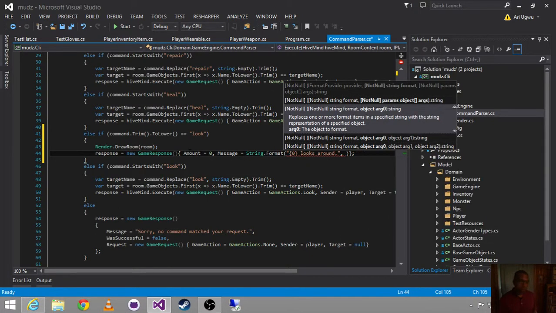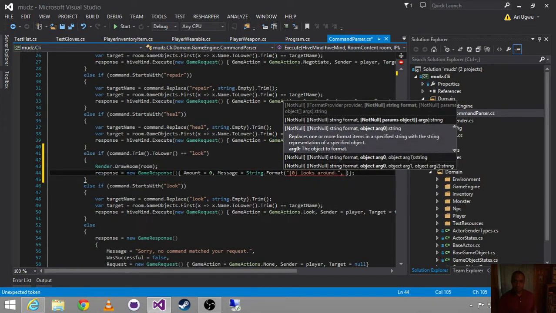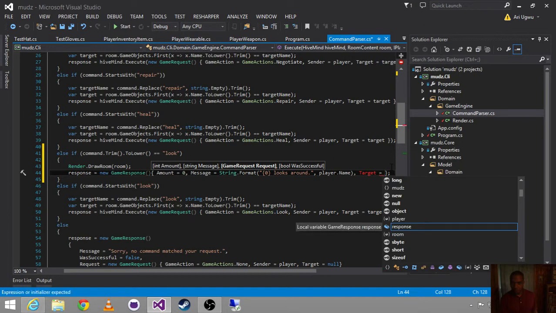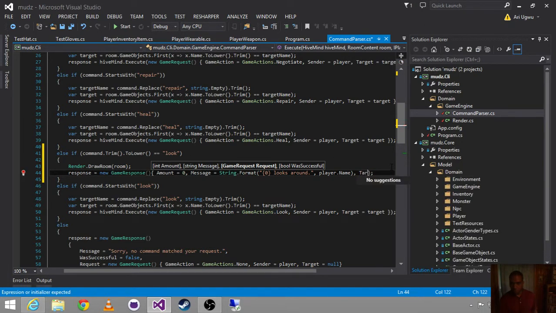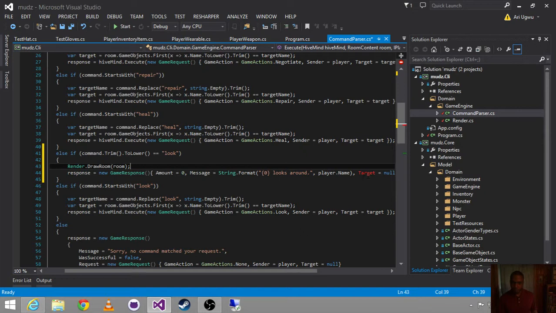Oh, I don't have the sender. I got the target. Oh, I do have the player. I'm sorry, I got the player. The player is the sender. Player.name. Target equals... I don't think I actually need that for right now, so make that null. It would have been null anyway, so let's go ahead and remove it entirely. I don't think I actually need that anywhere, but I do need